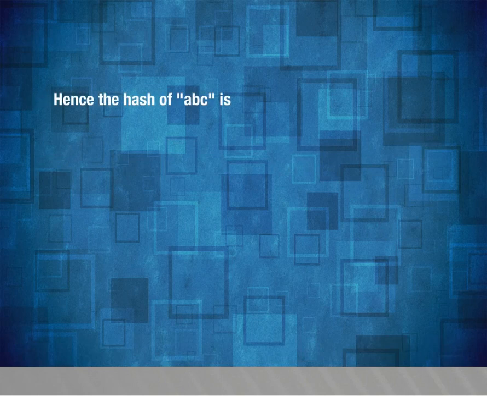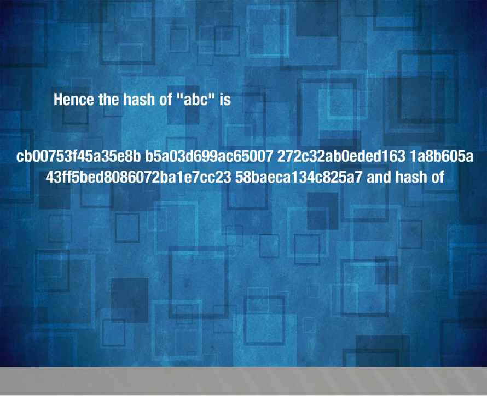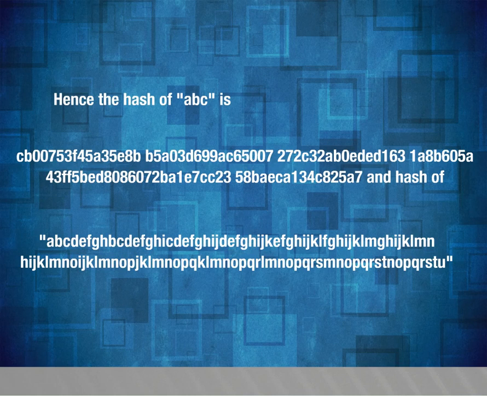Hence, the hash of ABC is CB00753F45A3 5E8B B5A0 3D699AC6 5007 272C32AB 0EDED163 1A8B 605A 43FF 5BED 8086 072B A1E7 CC23 58BA ECA1 34CA 25A7